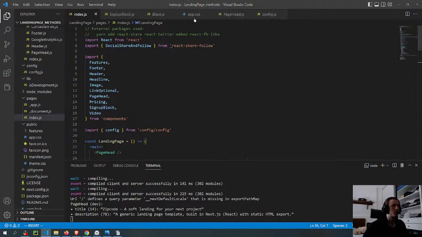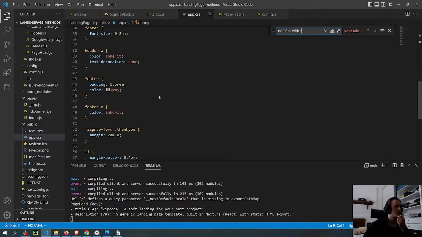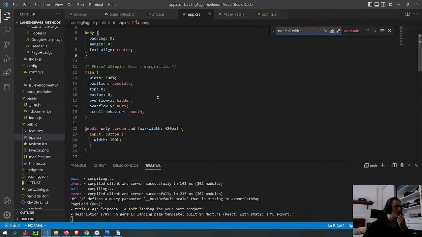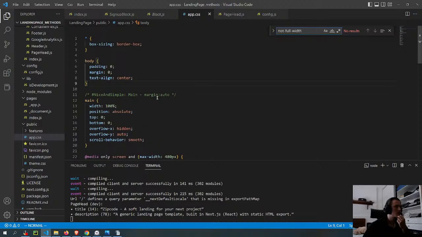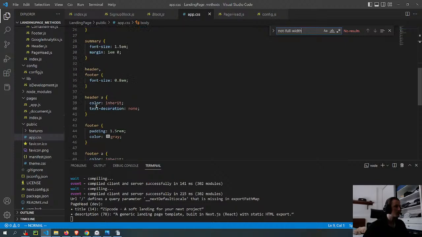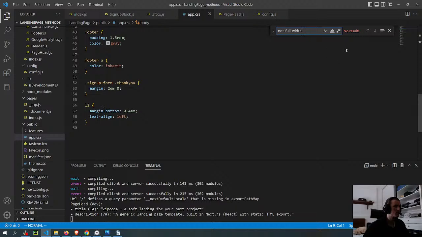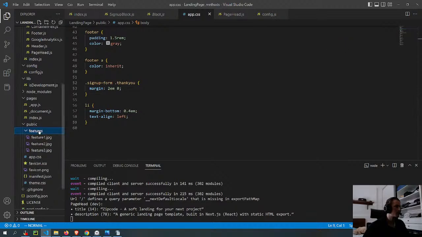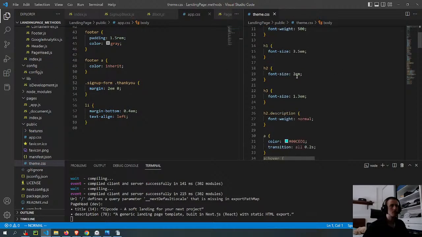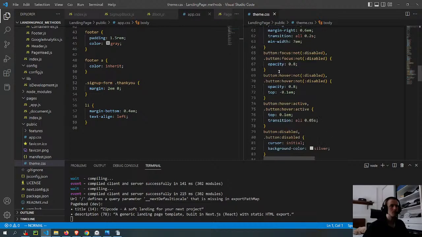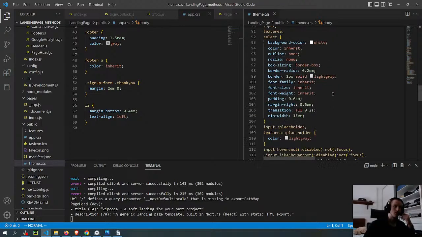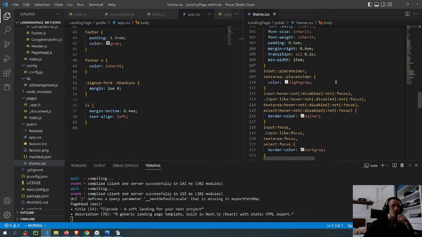So if the class is not in either one of them, then it has to be something related to styled JSX, I think.